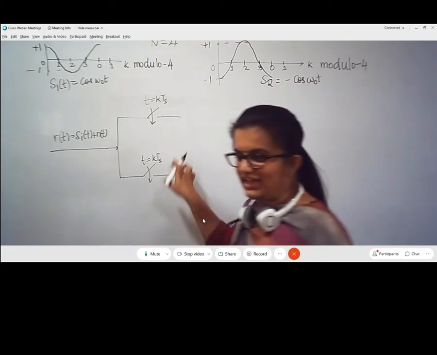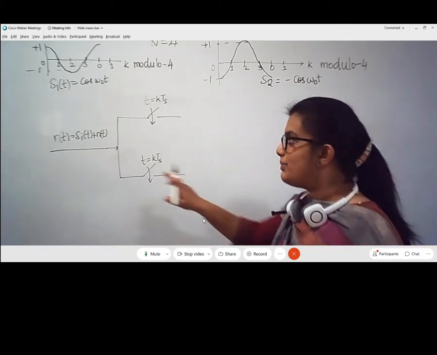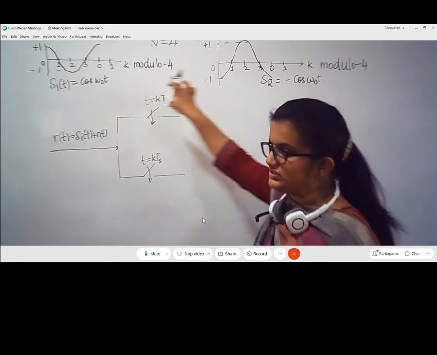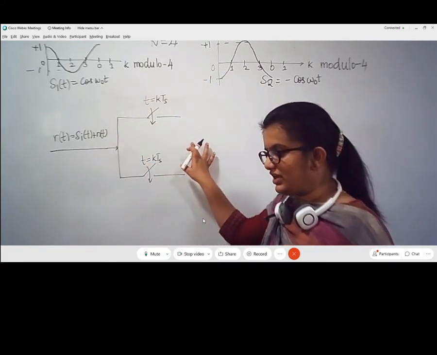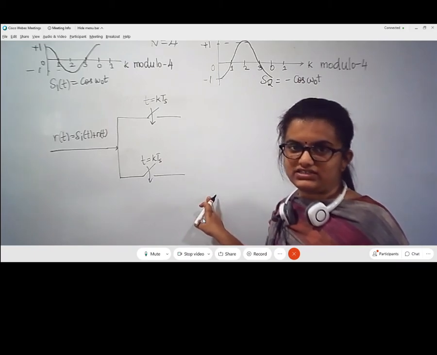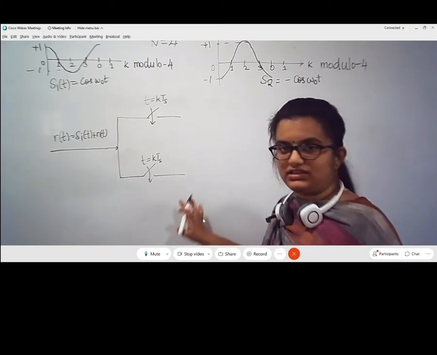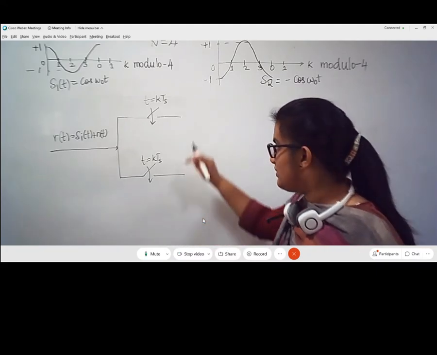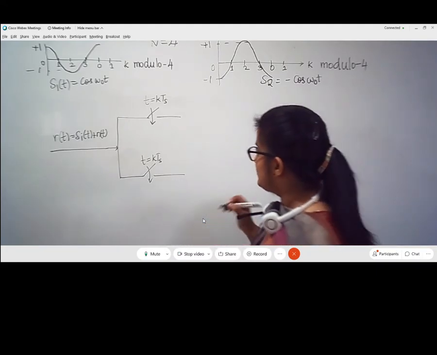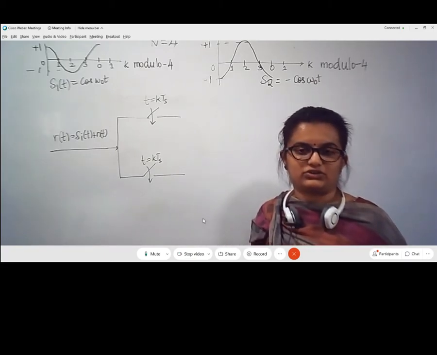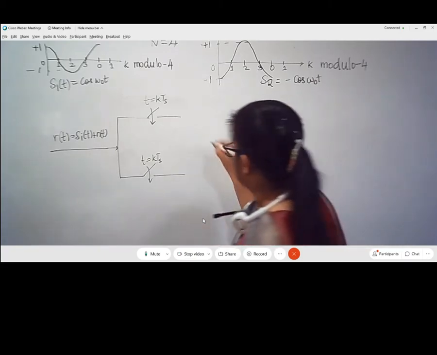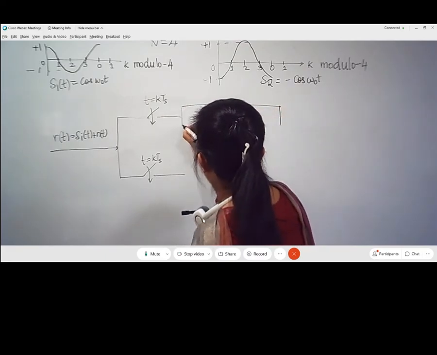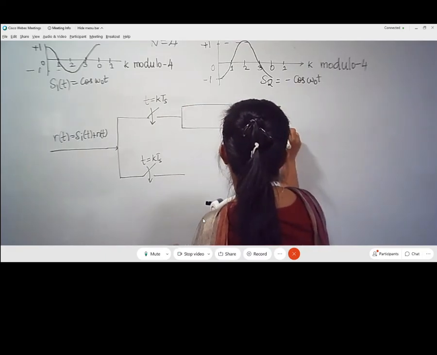The reason there are two lines is because I am trying to compare the incoming received signal with respect to the two symbols S1 and S2. Therefore, I am writing two branches for the receiver structure. If there are M symbols, then I am going to have M such stages or layers, which will compare the received signal with respect to all M possible symbols. Now I am going to feed the sampled outputs into the shift register.